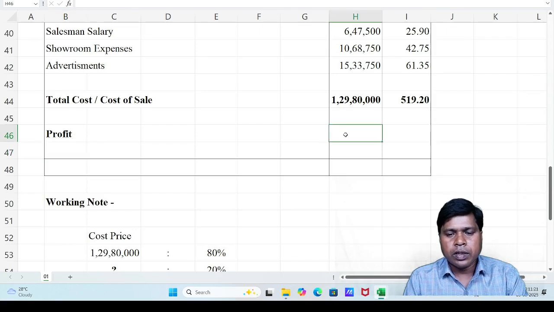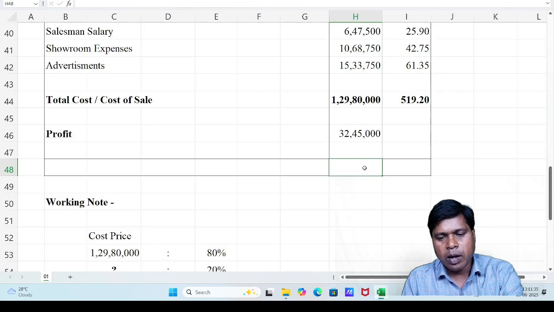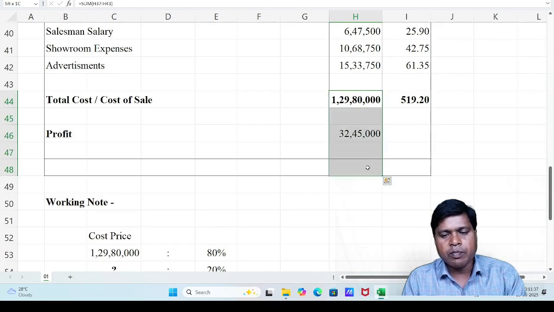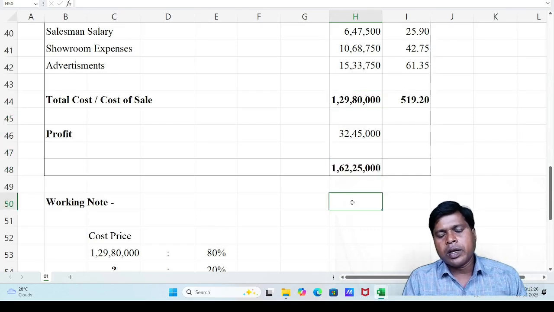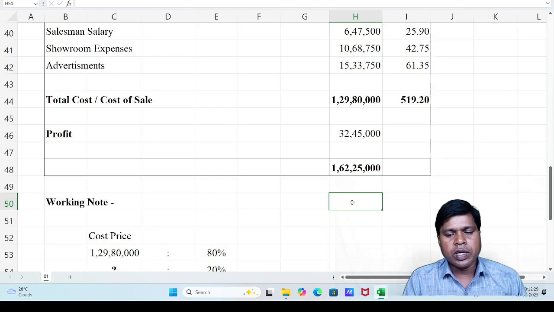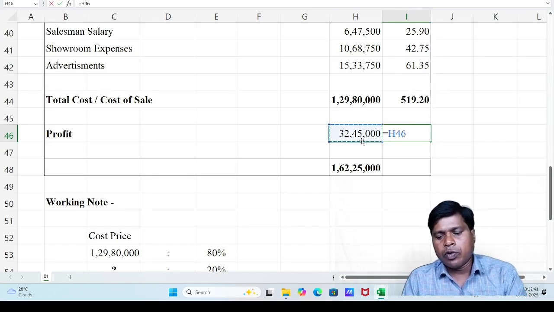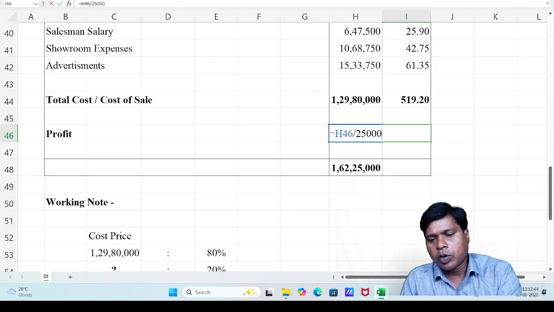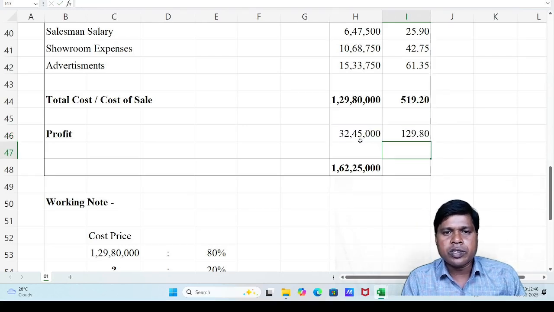Profit, that amount 32 lakh 45,000, and now we can easily calculate the amount of sales or selling price. So the final total is selling price or total sales, 1 crore 62 lakh 25,000, and again we have to calculate per unit. Profit per unit: 32 lakh 45,000 divided by number of units sold, 25,000 units, per unit profit